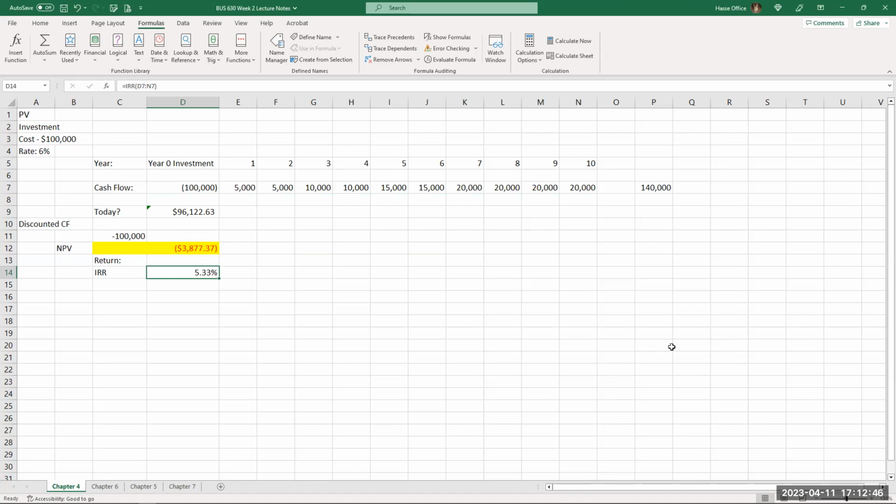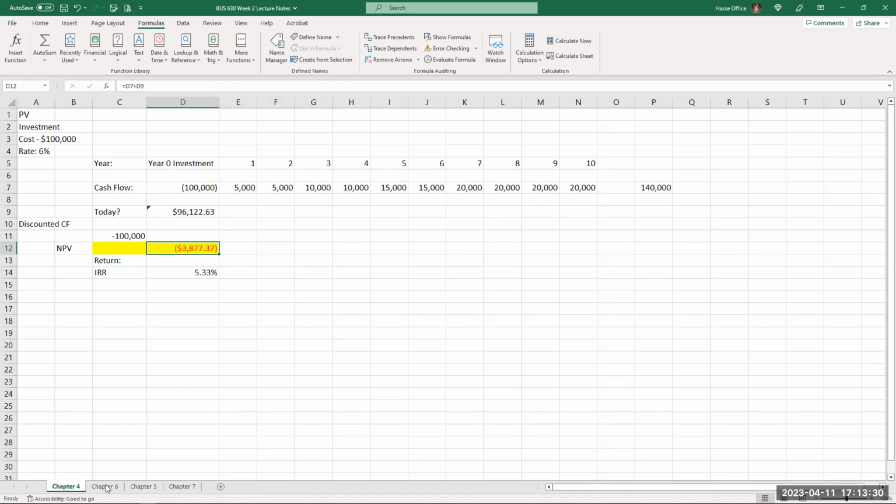Well, now we also know that this is a loser because we know our cost of capital is 6%. In other words, we know we have to be north of 6% to make any money off this deal. And this corresponds with the negative net present value. So these are two very important concepts in the time value of money that we'll be using in our class, determining in dollars the return on an investment into the future, and determining those dollars and what that equates into a percentage. And when we get to capital budgeting analysis, we'll determine how these cash flows are determined. We don't have to worry about that now, but this is a key concept of the time value of money.